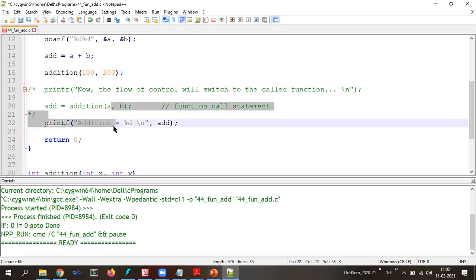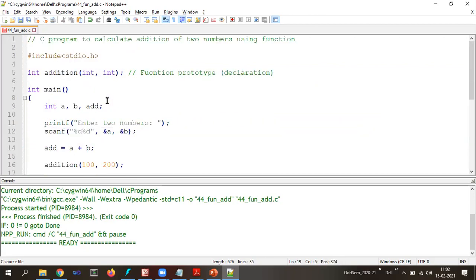Okay. Now, to give a simple illustration, let me make a small change in the program. I don't want to return anything from the function. Pay attention, these are going to be very important. I don't want to return anything back to the calling function. In such cases, I have to specify something called void as the return type.